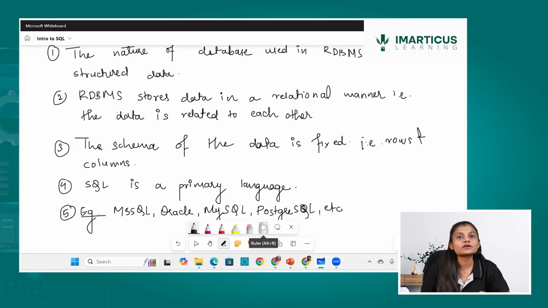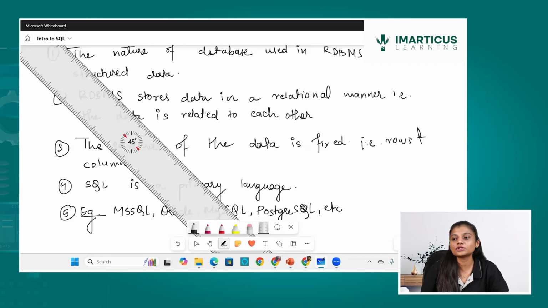Now, as all the RDBMS use structured data stored in them, the nature of them is the same, and the language which will be used to communicate with all of them